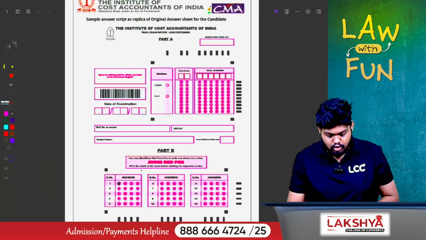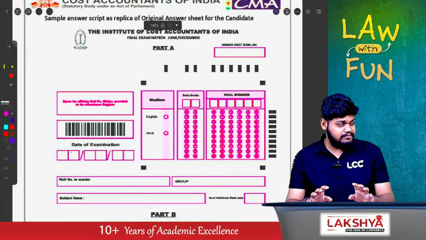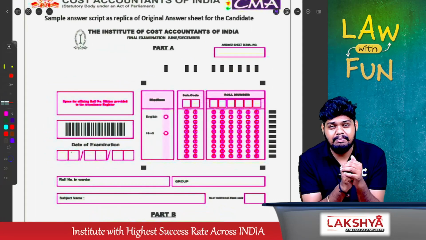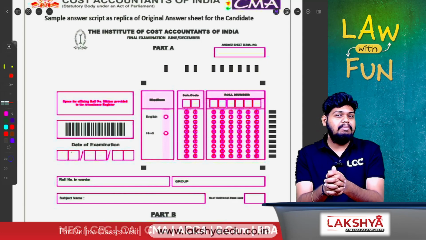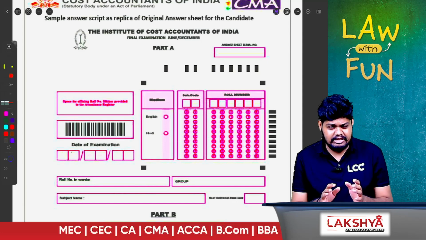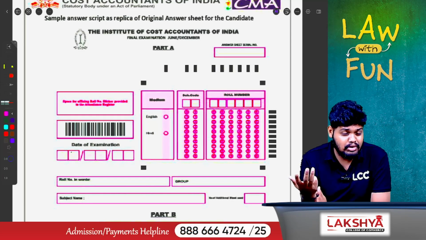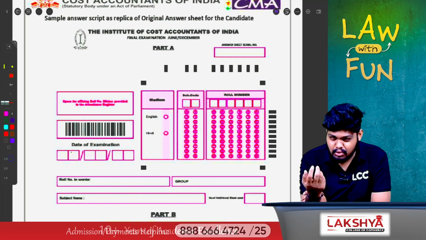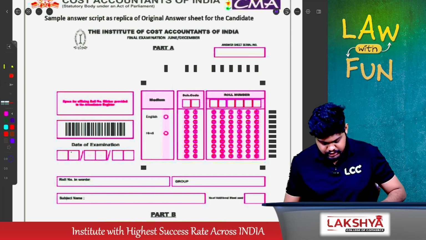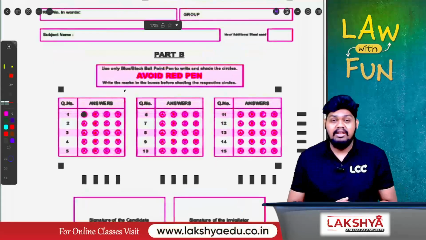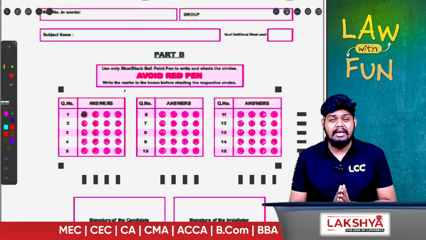OMR sheet, where your OMR sheet is divided into two categories, guys. The first part, I hope this is visible. This is a little pixelated. This is from the ICMA's institute. So get this properly. Part A talks about all the particulars, the details of you as a student: your roll number, your subject name, group name, your roll number in words, your subject code, the language, either English or Hindi, the basic particulars of you as a student. Then part B comes in, where part B covers the bubbling, the OMR for MCQs.